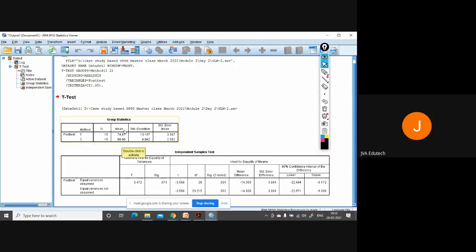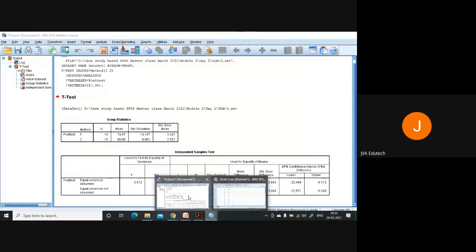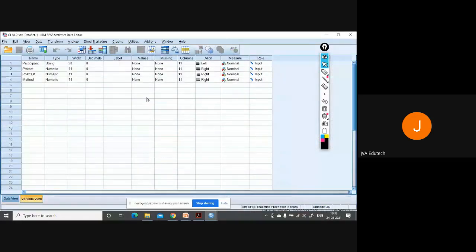If you look at the mean values, let me see whether we have put the categories here or not. Variable view, I think no categories.